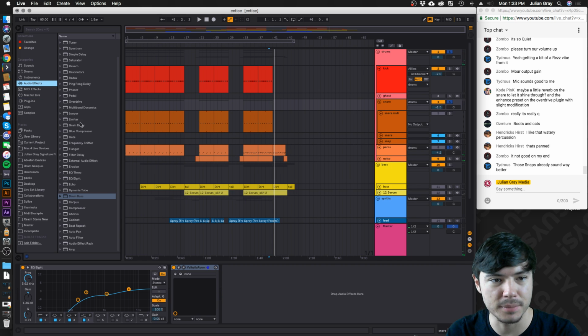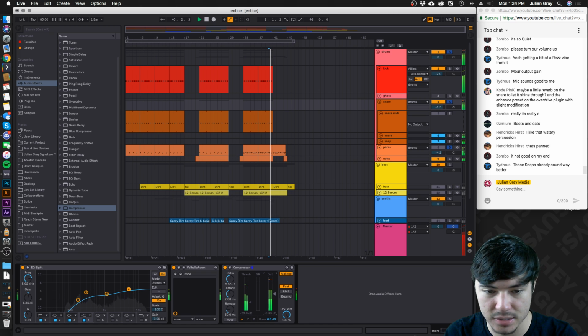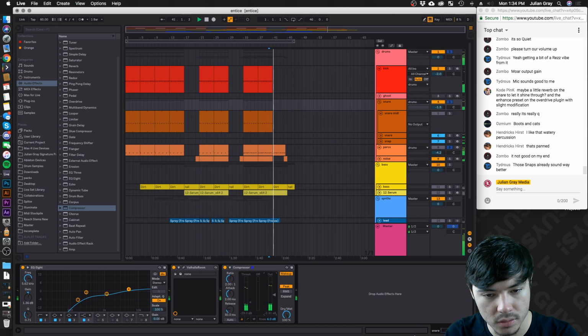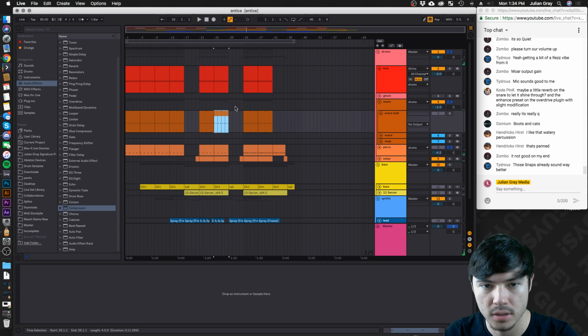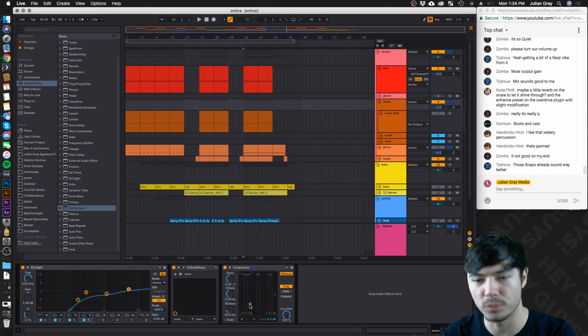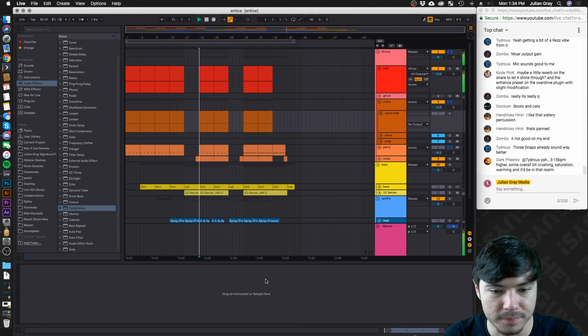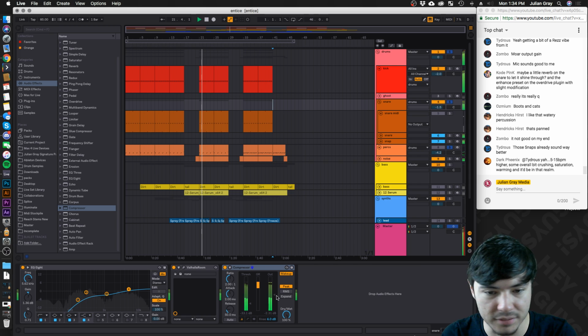And then we're going to catch some of those low resonances in there, or I should say the low echoes of that, in a compressor, and we're going to boost them up like this. Cool. So the compressor is basically leveling it out so that it's taking the quieter echoes of the snare and increasing them in volume.